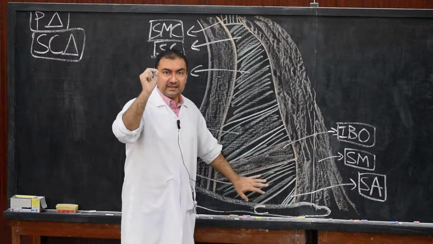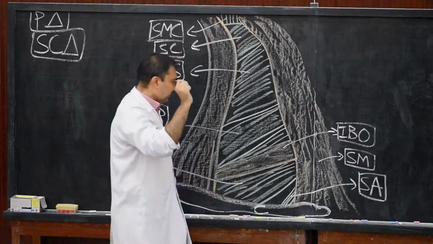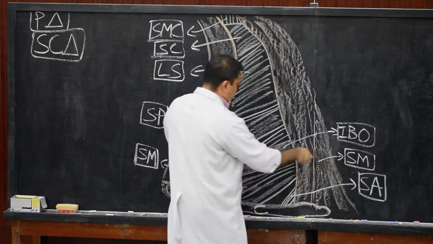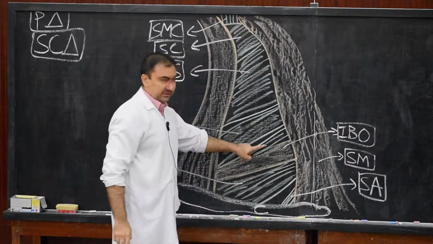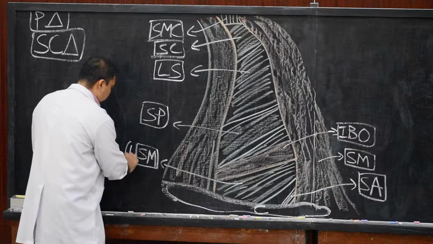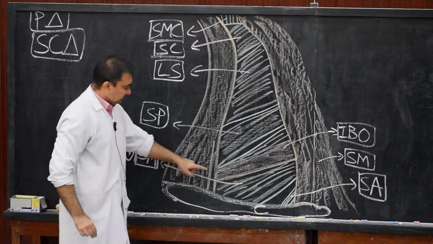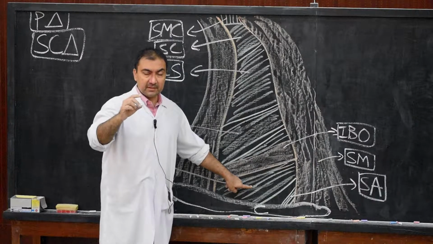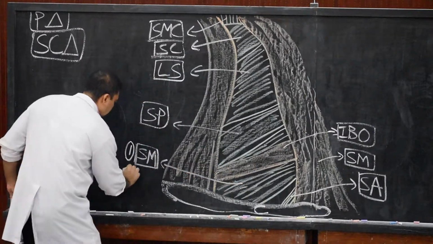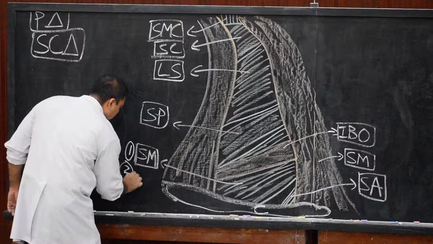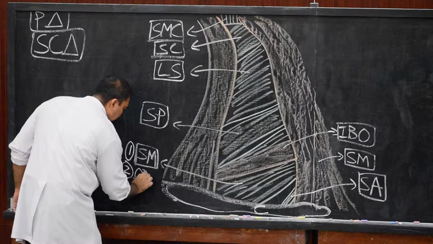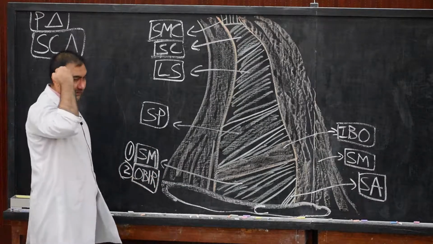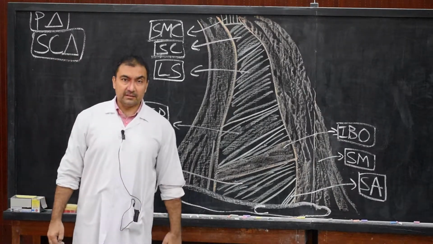Floor consists of scalenus medius muscle. The first structure will be scalenus medius muscle, not sternocleidomastoid, but this scalenus medius muscle here. So here we come with the floor: scalenus medius muscle is the first content of the floor of supraclavicular triangle. The second content will be the outer border of first rib. Please note down. Outer border of first rib is the second content.